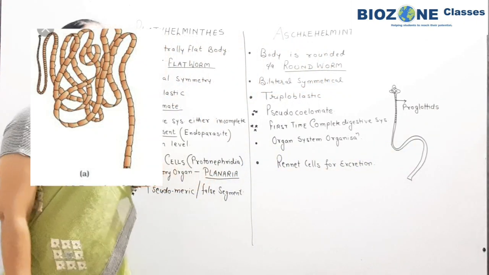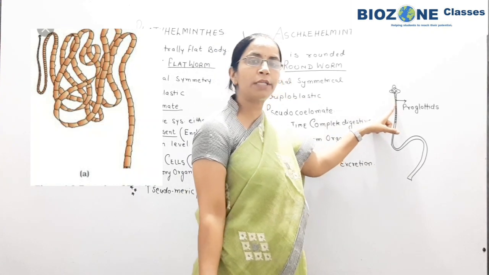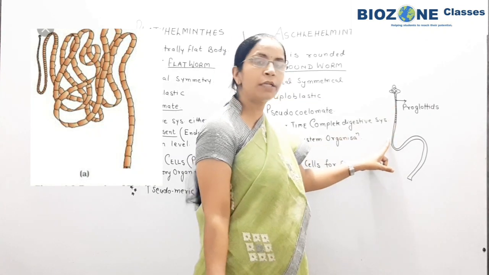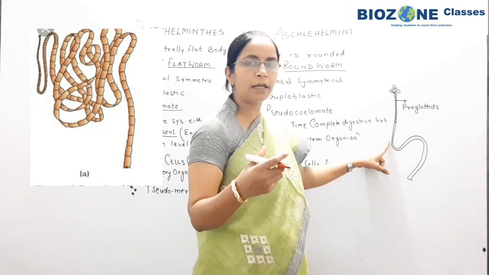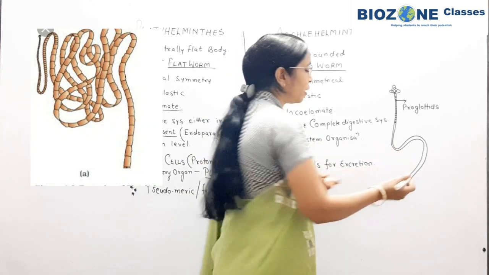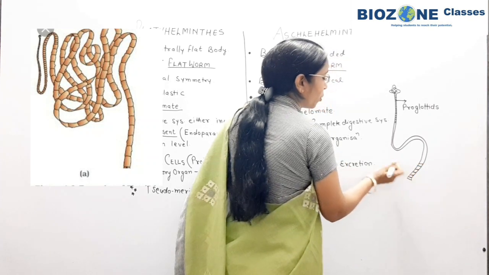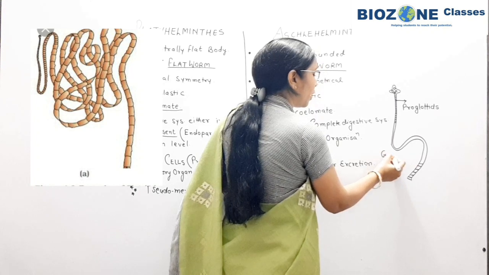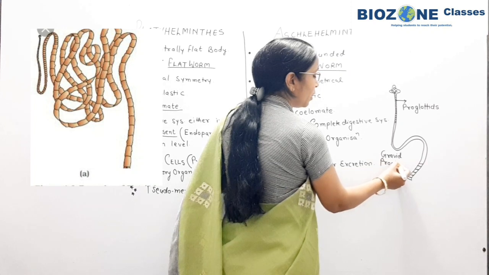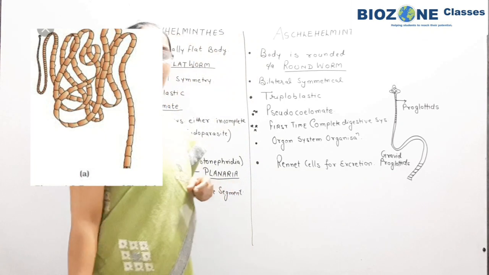So proglottids, you remember, are of 3 types. In the neck region, young proglottids are present. In the mid region the proglottids are a little bit larger in size, so they are called mature proglottids. And in the region of the tail, this region shows the greatest size of proglottids, so they are commonly called gravid proglottids. So this thing you remember, and basically in the gravid proglottids in this region, the oncosphere larva is present.